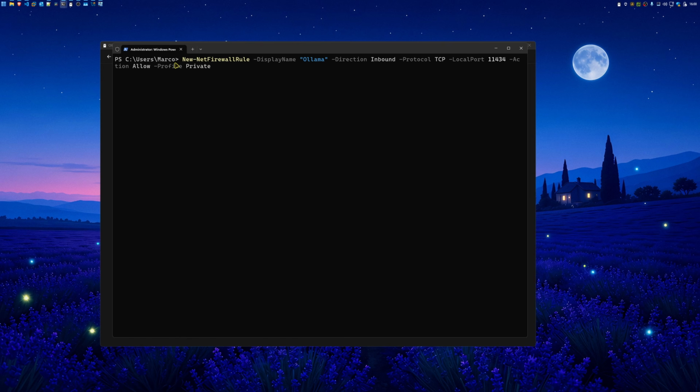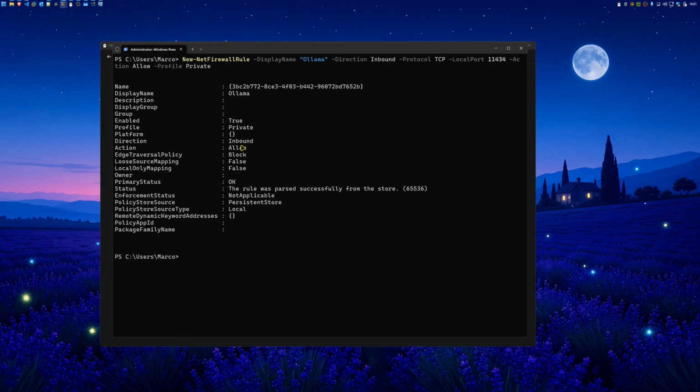And then the second one is the firewall. Now, I didn't get a firewall prompt at all when I turned that setting on, so I'm going to add the rule myself with this New-NetFirewallRule command. And you'll notice it's scoped to private networks only. So you shouldn't be doing this on a cafe Wi-Fi or something like that. This is only for your home network, a network that you trust.